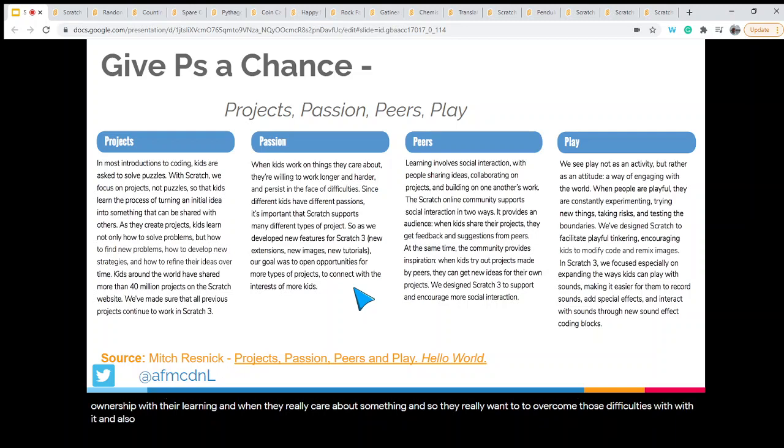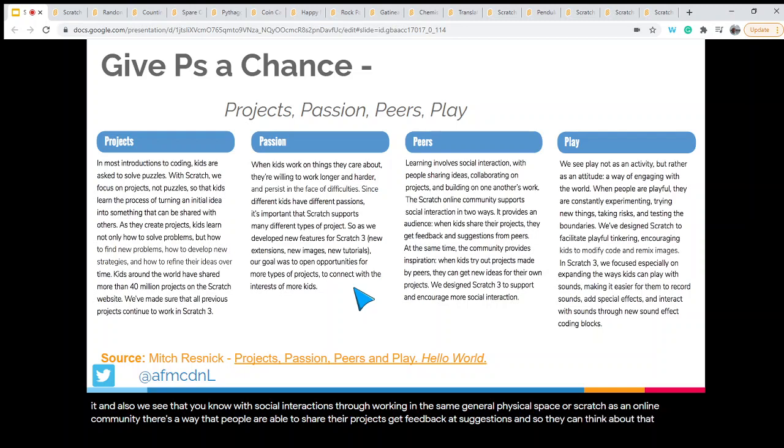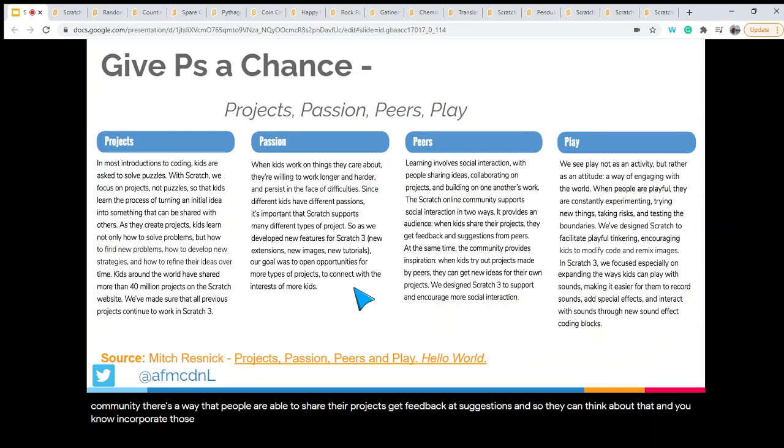And also we see social interactions, through working in the same general physical space, or with Scratch as an online community. There's a way that people are able to share their projects, get feedback and suggestions, and incorporate those into their project, seeing it as an iterative process, and also contributing back to the community